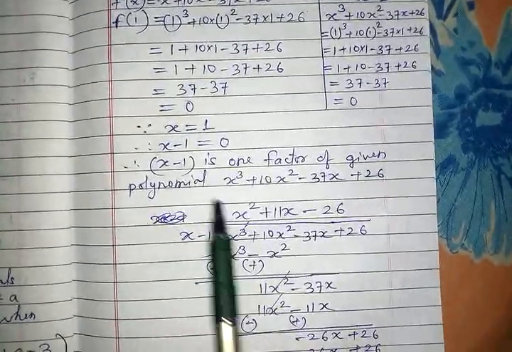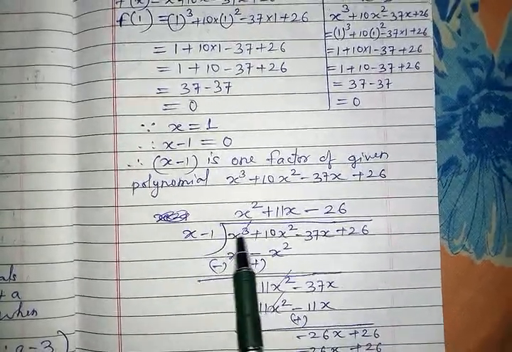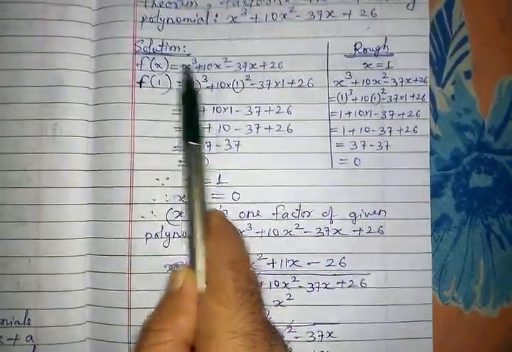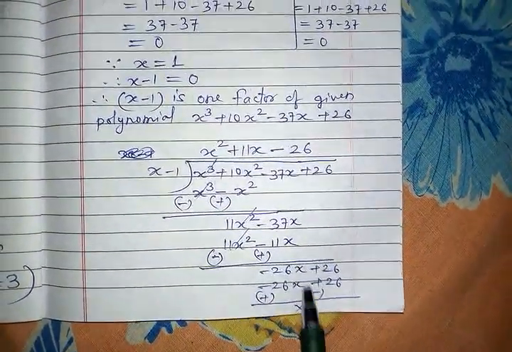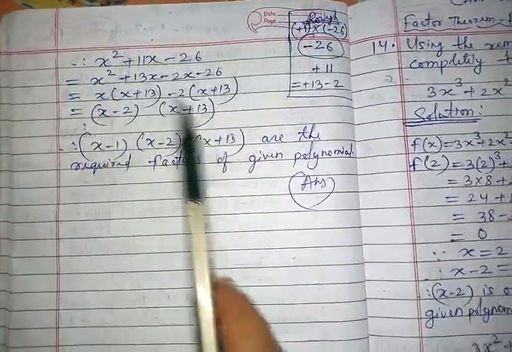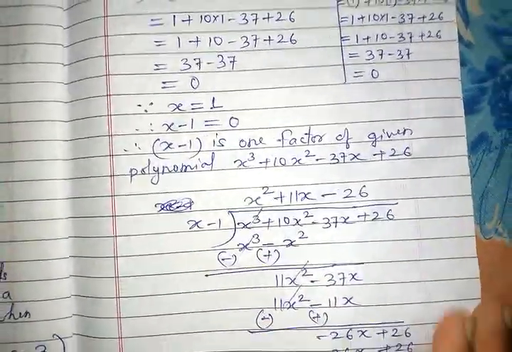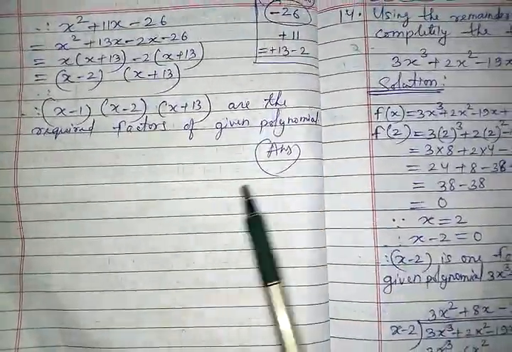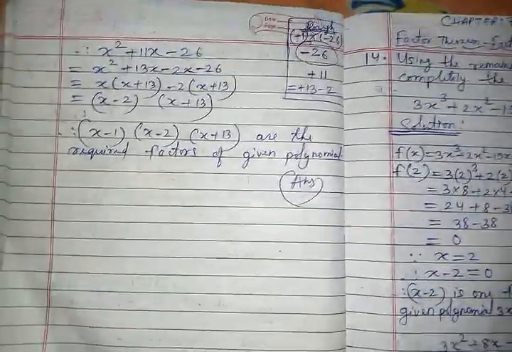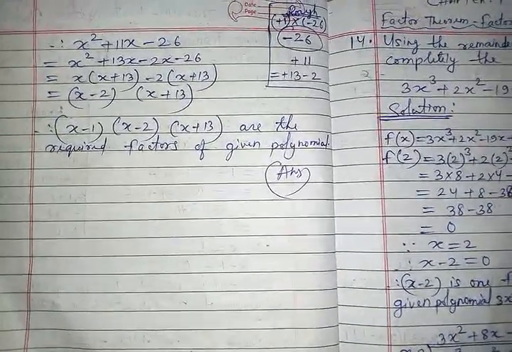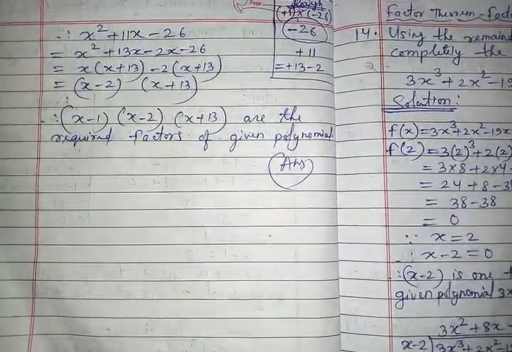So what we did in the last question, same thing. x minus 1 you put in the divisor, and then divide the same expression here, and we got the quotient. At the end definitely you will get 0, and that quotient you do middle term breaking, and you get 2 more factors. Then write these 2 factors also, and the first factor was x minus 1, that also you write, and that way we get 3 factors. So children, doing rough work and then coming to the fair part is very important. I hope by seeing these 2 examples you will try to understand what I am saying.